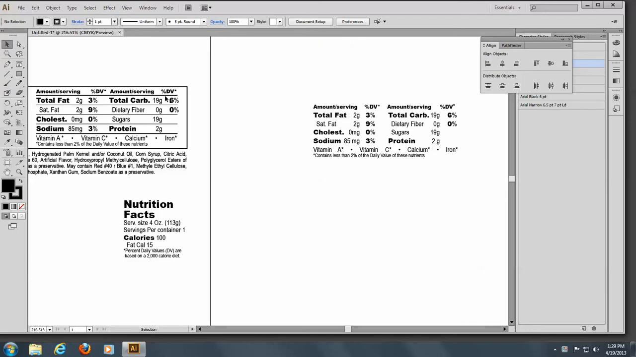So we're going to put in these rules. And I took the type gauge and carefully measured these rules and found out that this is a 1-point rule here and here. And these three are half-point rules. So I'll start out by going to the pen tool. I'll take off that fill. We don't really need it. And I will draw a line here,